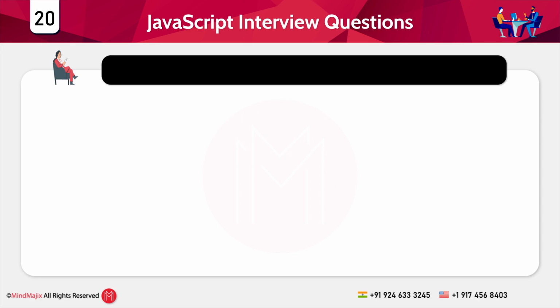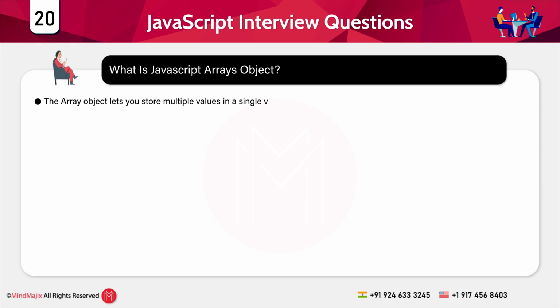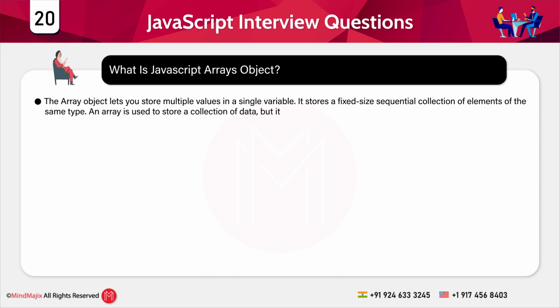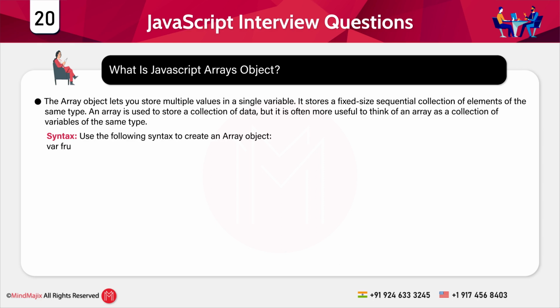Next question, what are JavaScript array objects? The array object lets you store multiple values in a single variable. It stores a fixed-size sequential collection of elements of the same type. An array is used to store a collection of data, but it is often more useful to think of an array as a collection of variables of the same type. Syntax is var fruits = new Array("apple", "orange", "mango");